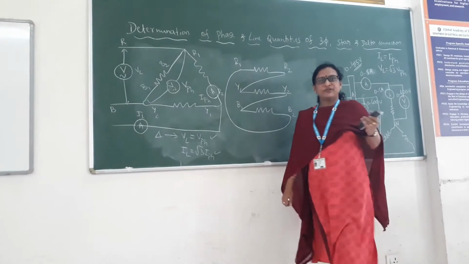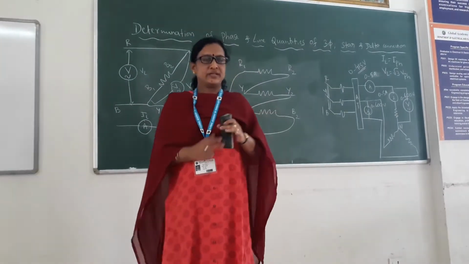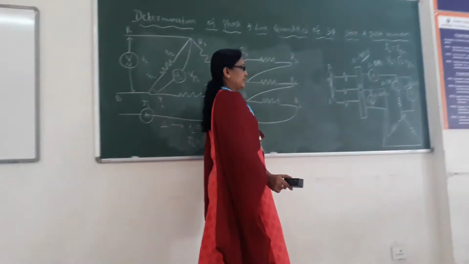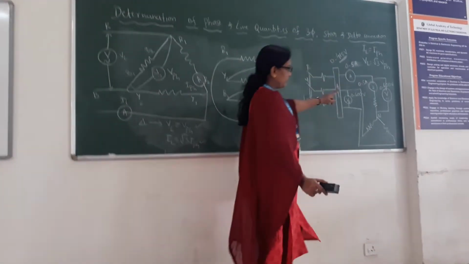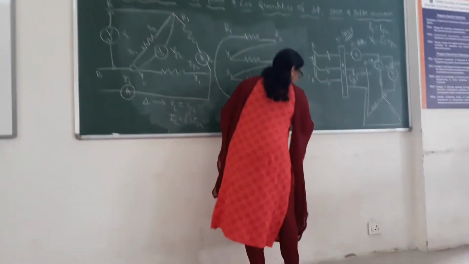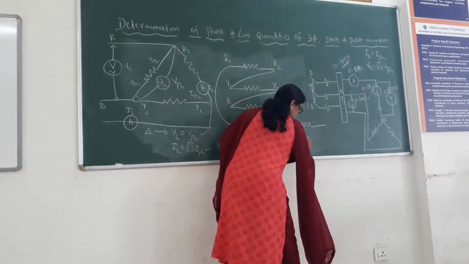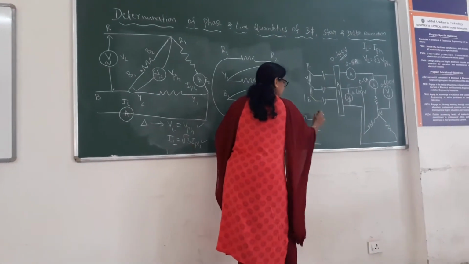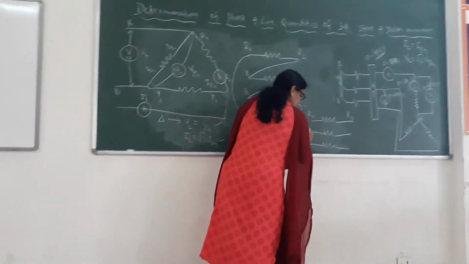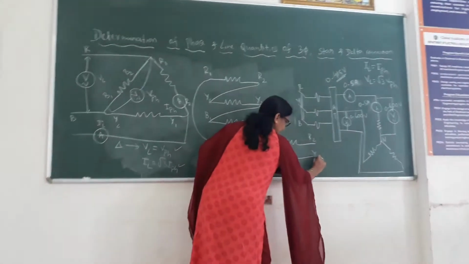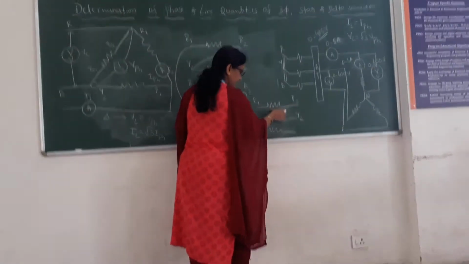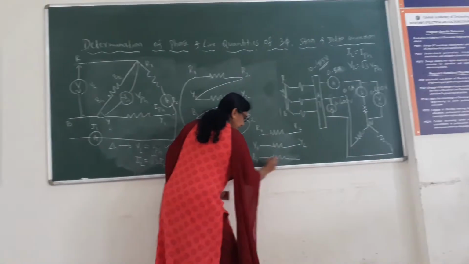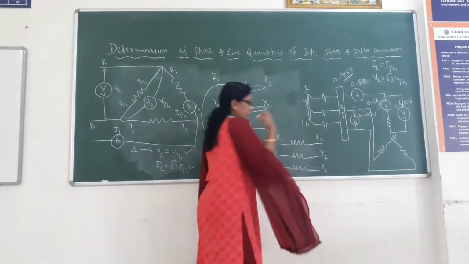Here you are going to perform two experiments. One is with star connection, another one is with delta connection. When you are going to do this star connection, when you consider the 3 windings, here what exactly you are doing, the starting end and finishing end. So you are going to consider the terminals. So R1, R2 are the terminals of R phase, Y1, Y2 are the terminals of Y phase, B1, B2 are the terminals of B phase.